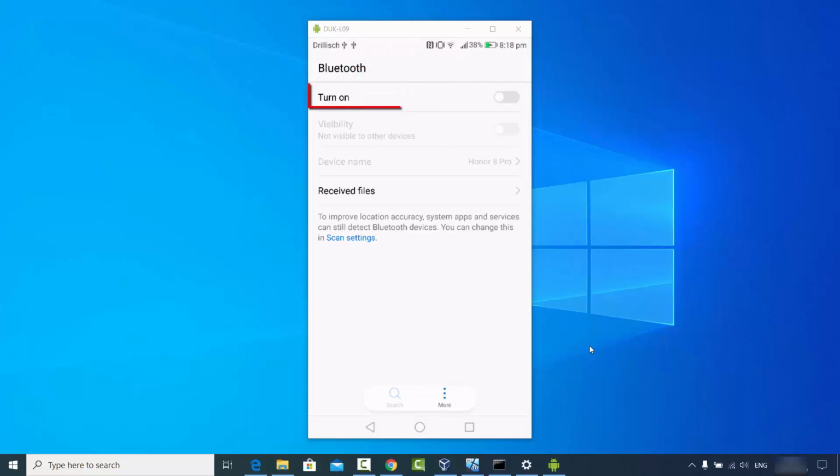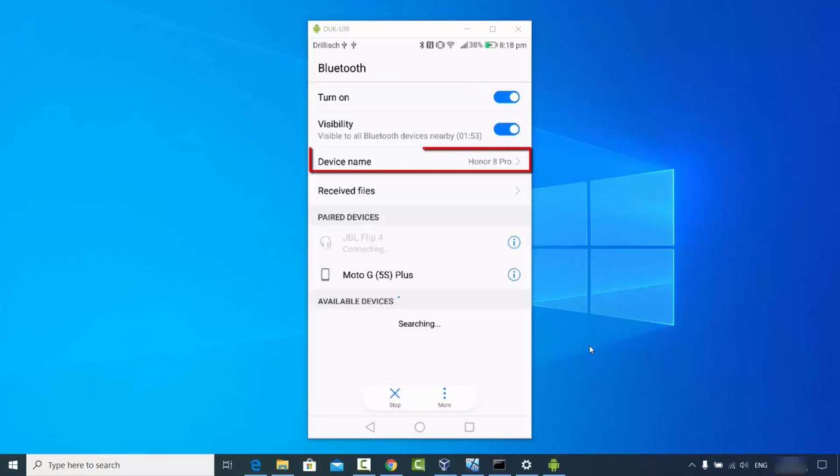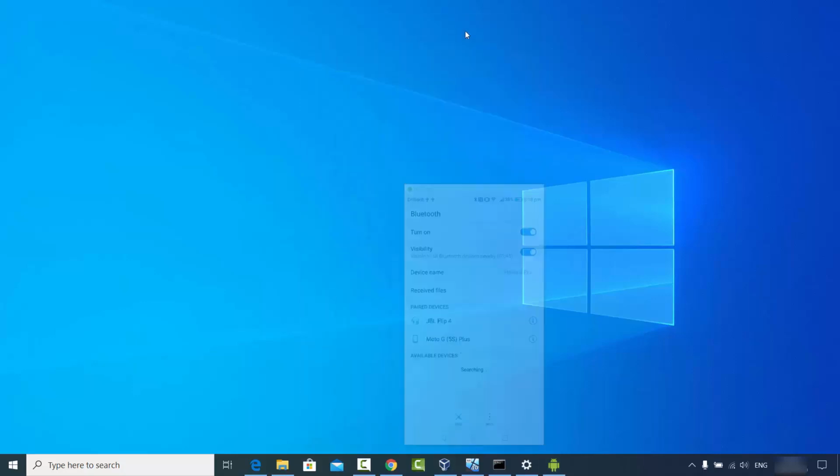So just click on Bluetooth here, and then I'm going to just turn it on, which is going to turn this Bluetooth on. And then it's going to show the device name. In my case, the device name is Honor Pro. Okay. So now once the Bluetooth is on my Android phone, I will turn on the Bluetooth on my Windows